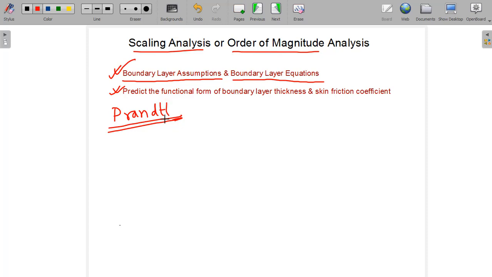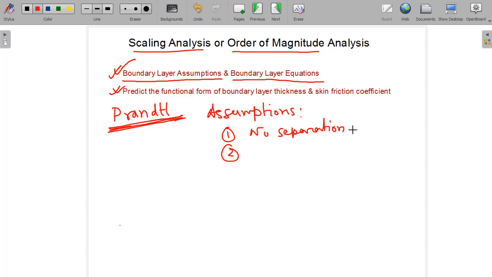It was very important to solve the Navier-Stokes equation, because the viscous effect is considered in it, but mathematically it was very challenging to solve. So certain scaling analysis was done, and certain terms were dropped from the actual equation, and finally the form of the equation that we get is what is called the boundary layer equation. So first are the assumptions, called the boundary layer assumptions. The first one is that there will be no separation of flow.